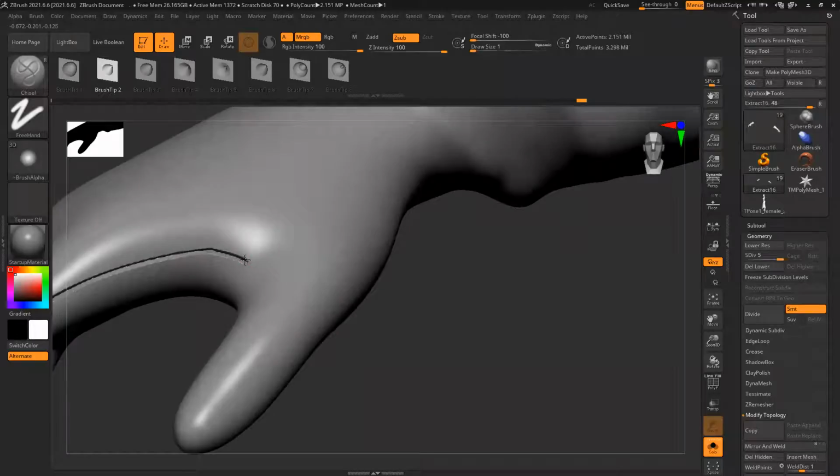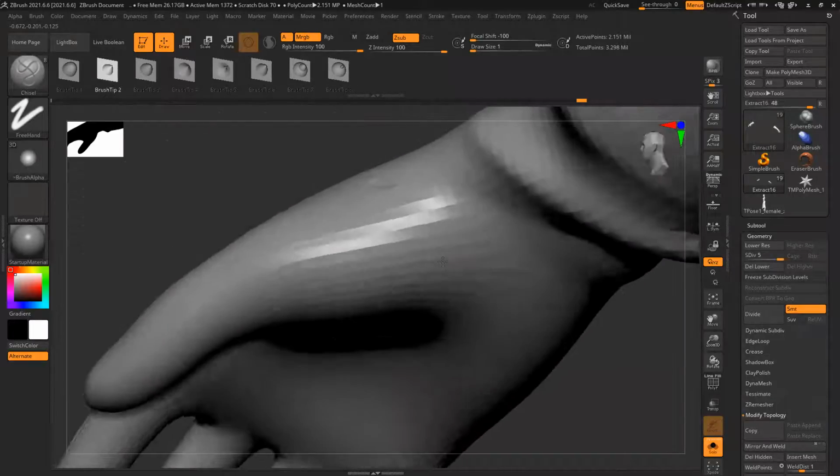And the thumb is usually separate, if you see any leather gloves.